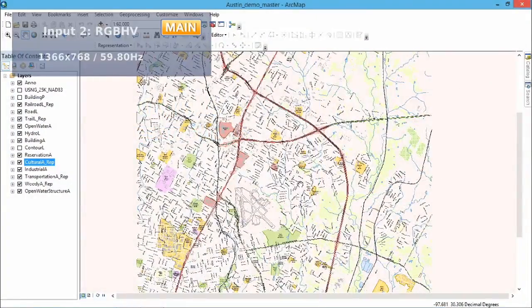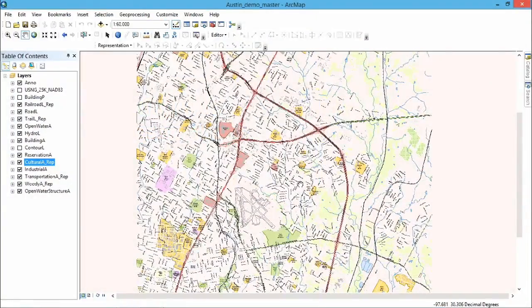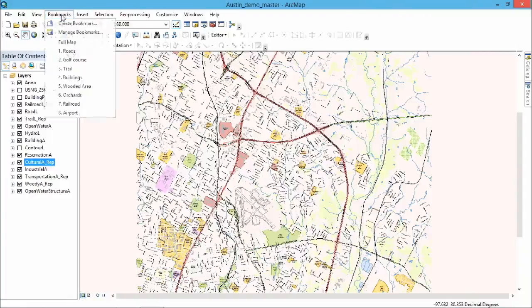Perfect. Thank you, Edie. So through the demos today, we're going to work with a map of Austin, Texas. For this first demo, we're just going to get a handle on the basics. We're going to create feature representations from existing symbolized data, and we're also going to build a symbol using multiple symbol layers. So for this first part, let's zoom into our road